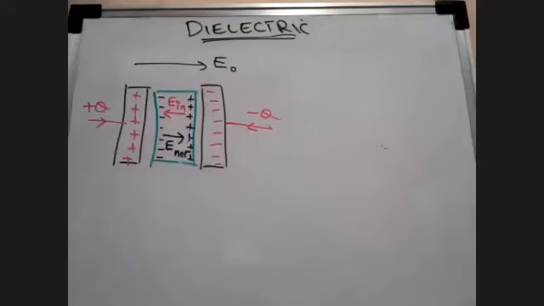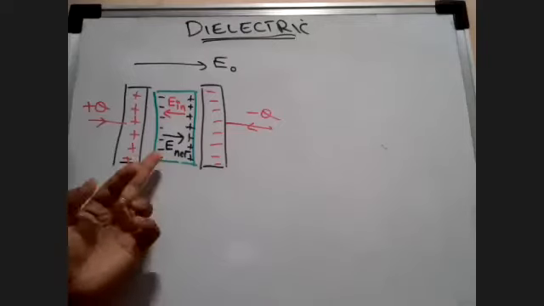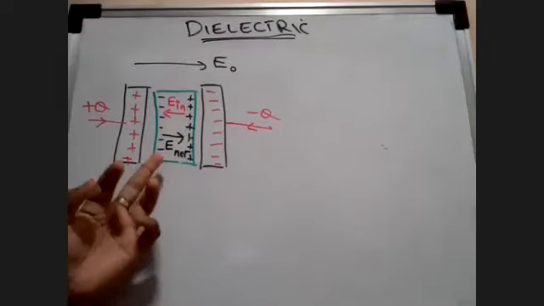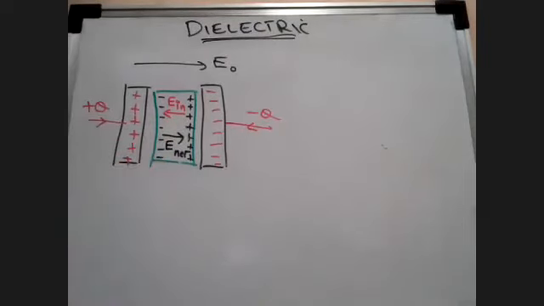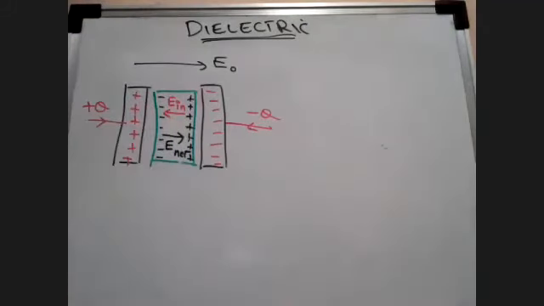Okay, the general steps you have to follow to start capacitance: first, you have to find out the electric field. Then you have to find out the potential difference. And the third thing you will do is, with the help of the potential difference expression, find out the capacitance. It's that easy. The main objective here is to find the capacitance due to the net electric field, which is produced due to the interaction of the external electric field and the induced electric field.